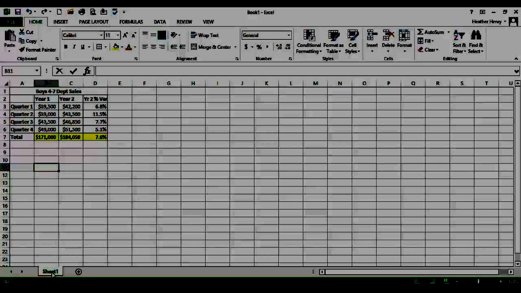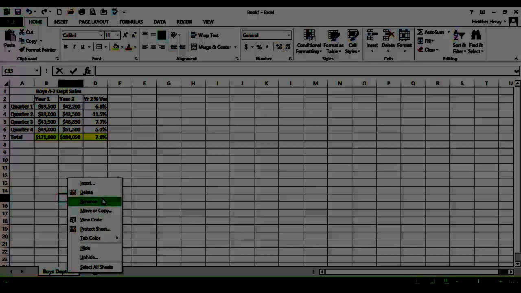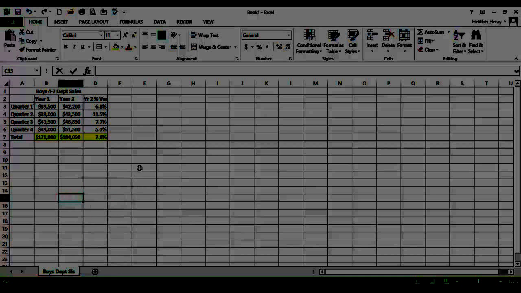Next, we will also rename our sheet, and we will rename this Boys Department Cells. In order to rename the sheet, you simply select the sheet, right click on it, and select rename. After we have completed that, we can now finish our formatting